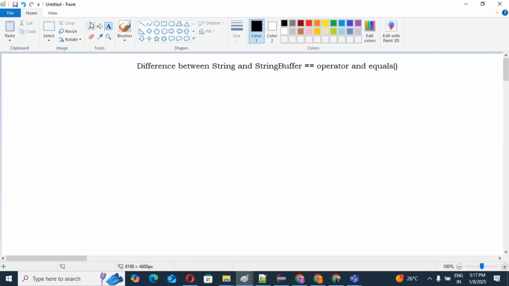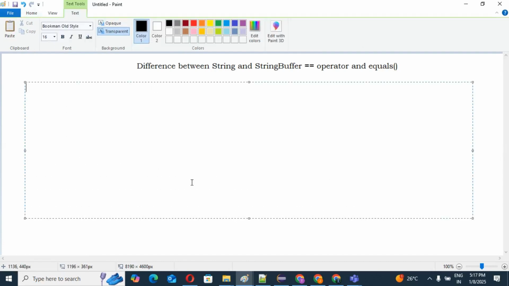Let's see, I am going to create an object with the help of the String class. String s1 equals new String, and I am passing some letters like Java.